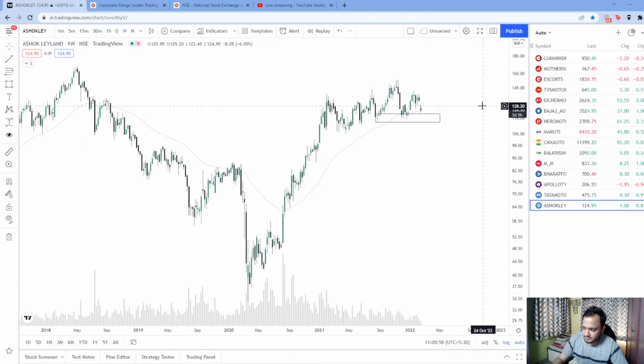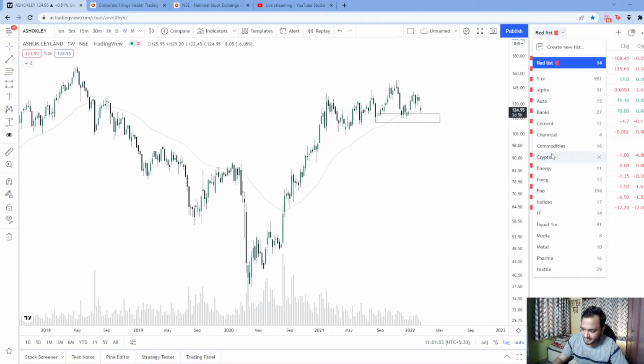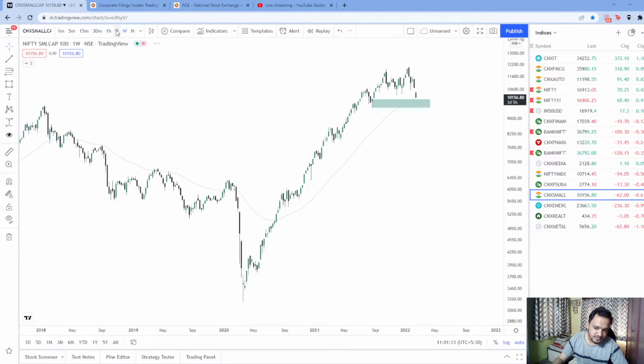So be a bit careful in this market, all right? That's the only thing I'm saying here. Whenever you expect a big down day, it's going to happen, 9 out of 10 times. If you're expecting a big down day, it means